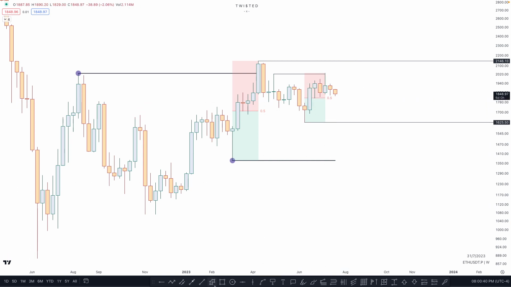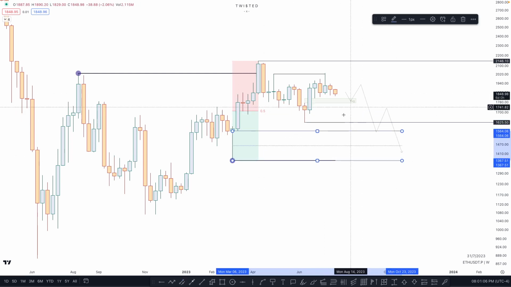And what do we have in the discount zone on the weekly? We have an important PD array, which is our demand fair value gap. So we remove that. Now we have an important array that we would like price to mitigate eventually, drop below into this, push up, and then take the sell side liquidity, drop further below into the range of this wick. So one more thing we can mark out is the 50% of this wick, which becomes an important zone, and we can